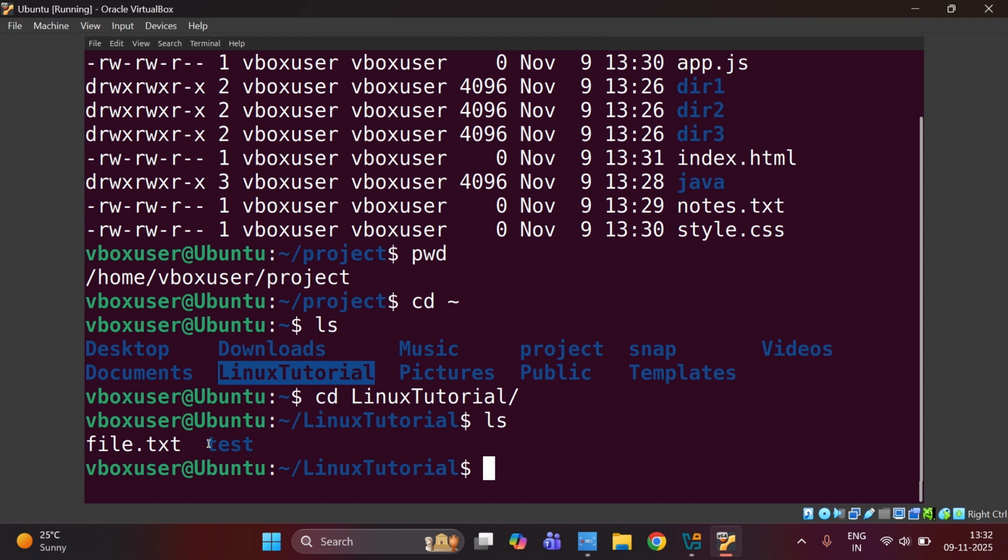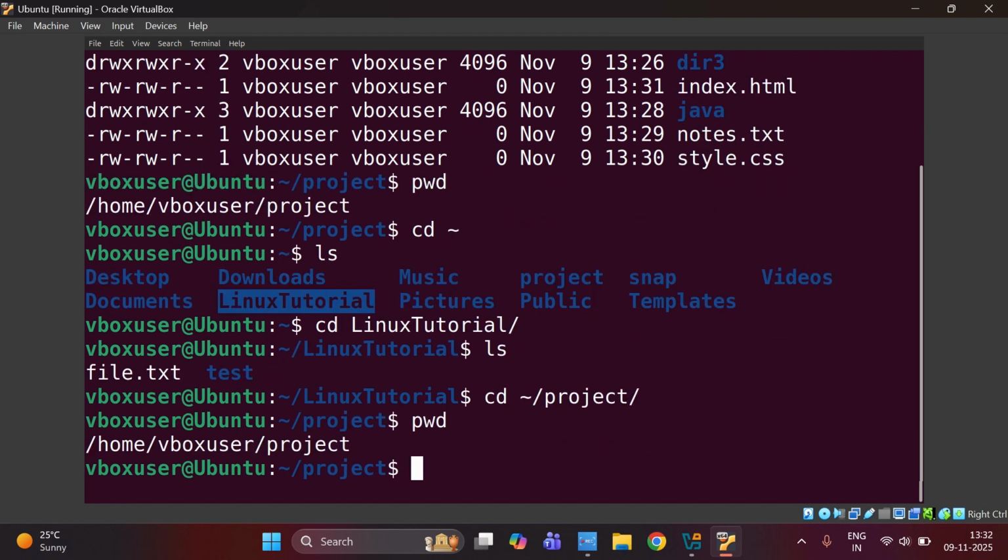So first let me go to my project directory. So for that what I can do, I can do cd. I know I need to go to my home directory, and after that I want to go to my project directory. So this is the shortcut which I can use. If I press enter, if I do pwd, you can see now I am in my project directory, and from my project directory I will create a directory inside my Linux tutorial. So I will write mkdir,